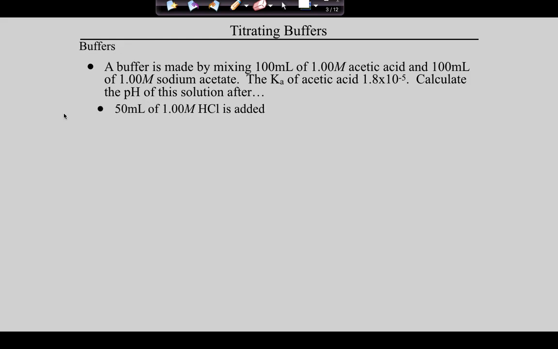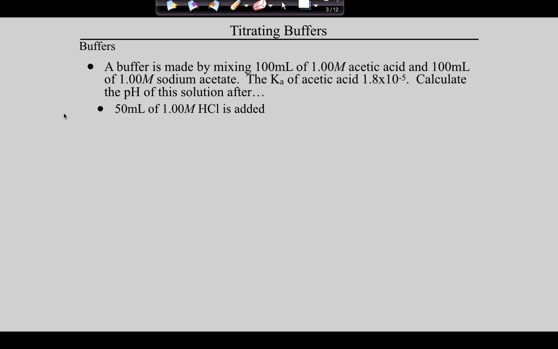We have added 50 milliliters of HCl. So can you picture it? We've got 200 milliliters of buffered acetic acid. Where did I get 200 milliliters? 100 plus 100. So you've got 200 milliliters of buffered acetic acid, and you come along and you dump in